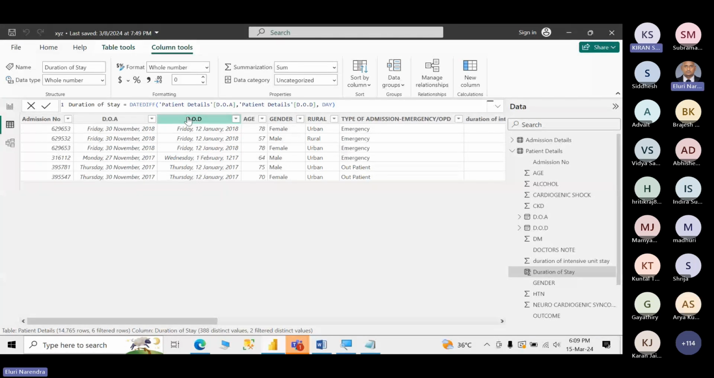But you look at these values. The date of admission is 2018 November 30. But the discharge date is 2018 January 12. What is the problem in this? Can you identify? Actually, this DOD date should be here and this date should be here. By mistake,